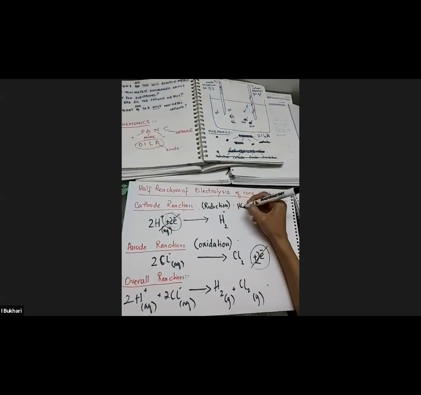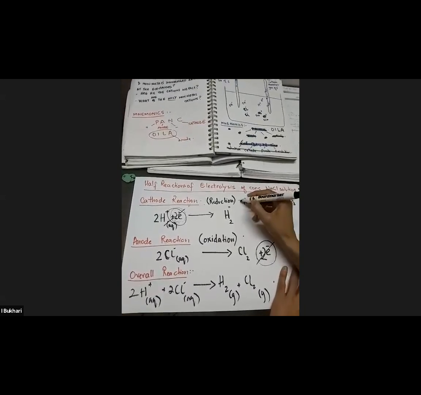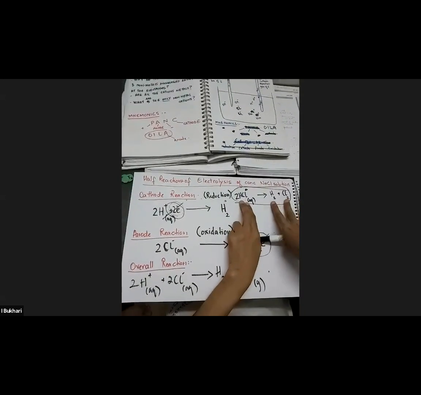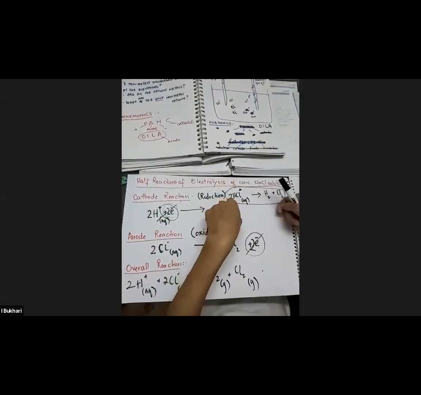So if you get an MCQ, you don't have the time for all these steps. Just write down the compound, HCl aqueous, into its components, and you have to know what form those components exist in. They're made up of hydrogen and chlorine, and they are diatomic molecules. Go ahead and balance them. This is your overall equation directly. You should know what you started with, the simple components they will break down into, write down the form in which they exist, and balance it. You will get the overall reaction.